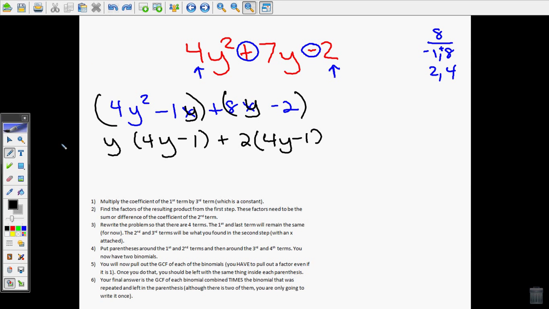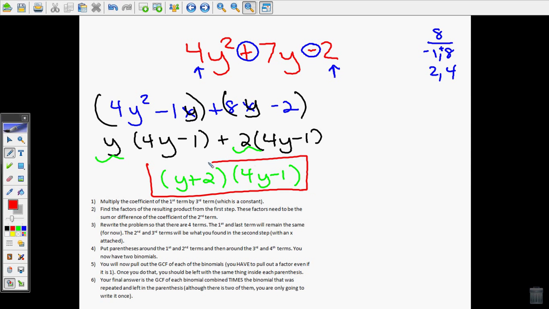All right, and then I should be left with the same thing. Once I pulled out the greatest common factor, I should be left with the same thing inside each parentheses, which I am. And so my final answer is going to be what I pulled out for the greatest common factors. That's going to be in one binomial, and then the other binomial is going to be what is repeated. And just to show you how it works, this is our answer, but just to show you how it works,